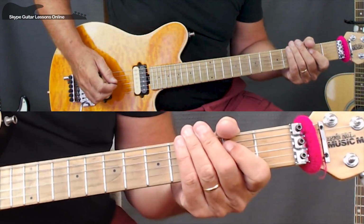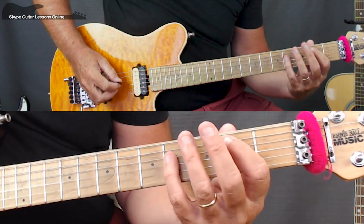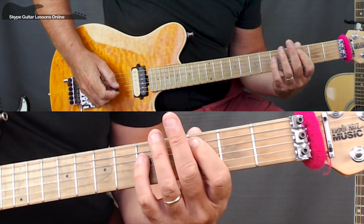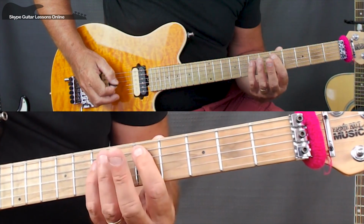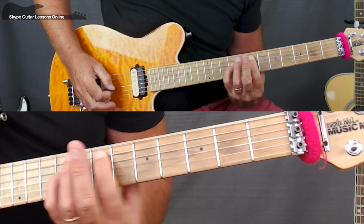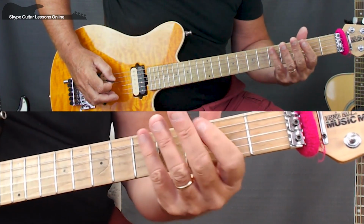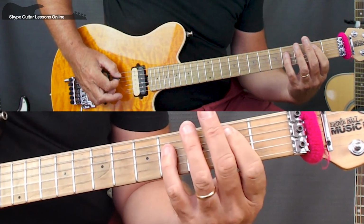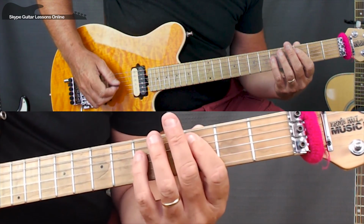We start off with 2 A's, going to an E pedal twice, then we're going to do a B to a C, pedal twice on the E, then we do a D to an E5, pedal on the E twice, then we're going to do this D5, slide to E5, back to D5, we hit the E string, and then we go back to the A5 twice with the E, B to C, and then we do this C to D,